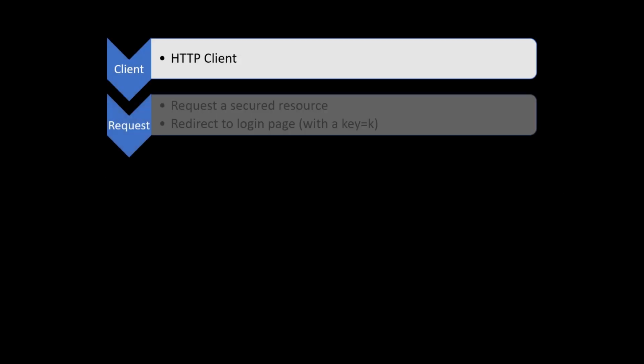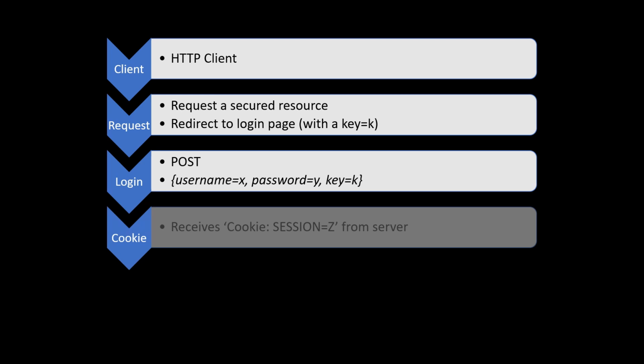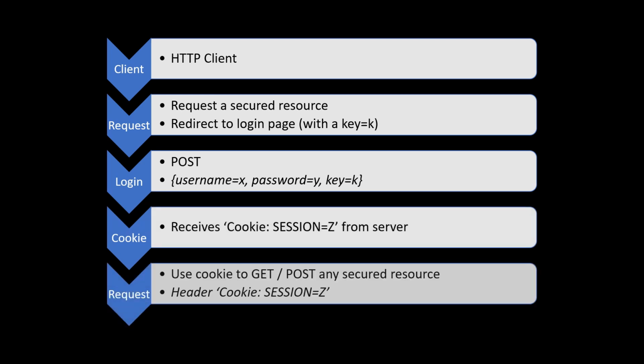Now the authorization protocol used by the application under test is OAuth 2. Would that make a difference? Can't I do the same steps I mentioned previously? Unfortunately, no. With OAuth 2, it's a bit different. I will need a key to be passed along with my authentication details. This key is given to me by the server when I initially request a secured resource.